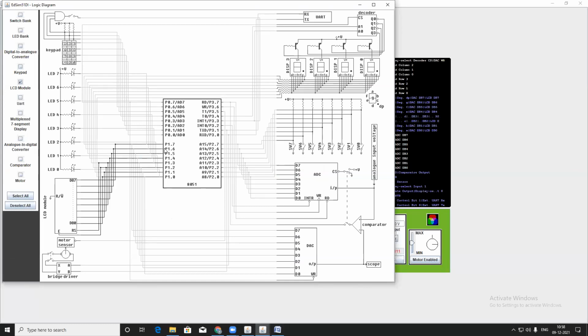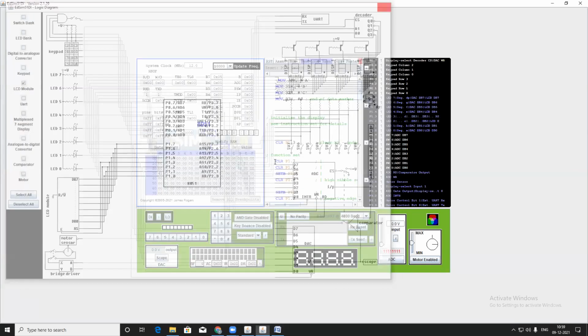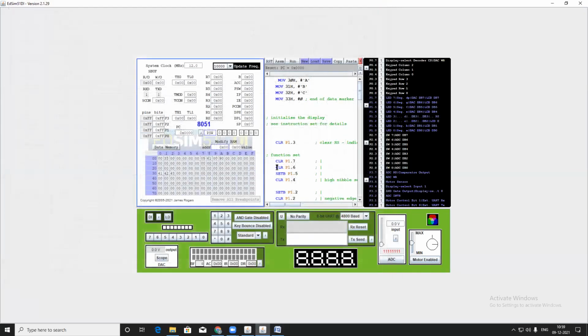See here we have to connect P1.7 in the program also. In the program also, here is clear P1.7, clear P1.6, set bit P1.5, clear bit P1.4. The same functions we already discussed. Here 30H contains A, B, then 31 is B, 32 is C, and 33 is the data present at that location.